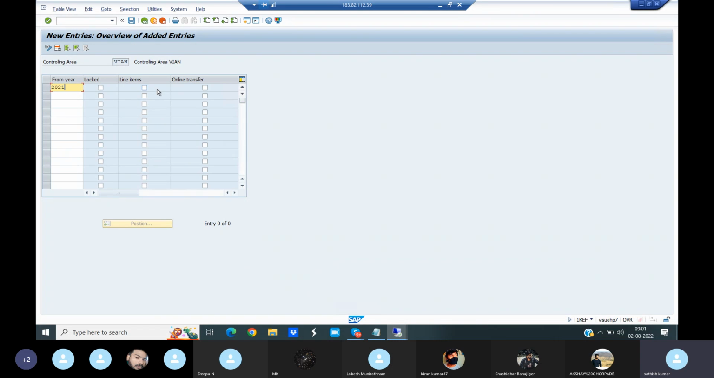and here select your line item. Why am I selecting line item here? After posting in GL, AP, AR, in case you want to see the profit center at the line item level, meaning in FBL1, FBL3 and FBL5, this is mandatory. In case you are not clicking here, after posting I can't see the profit center at the line item level in FBL3, FBL5 and FBL1. So this is mandatory. And online transfer,